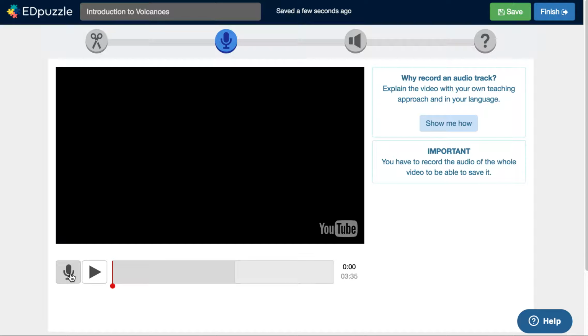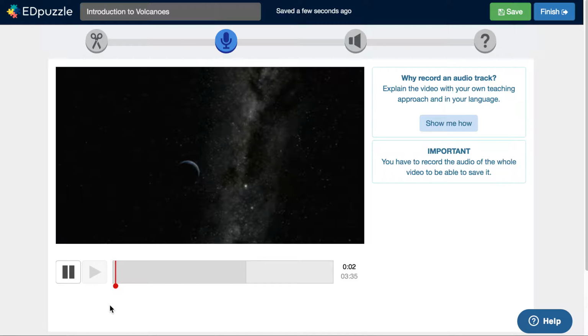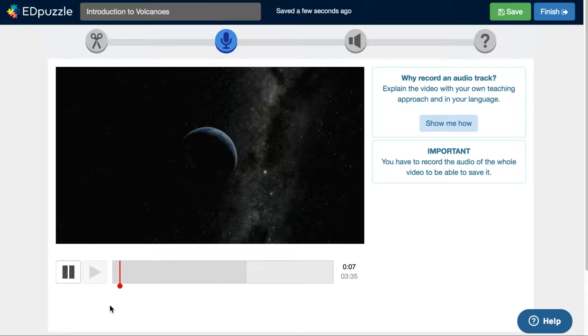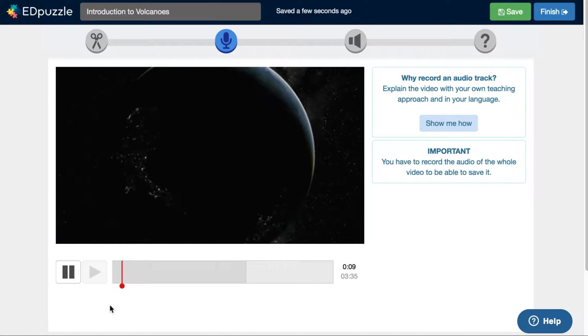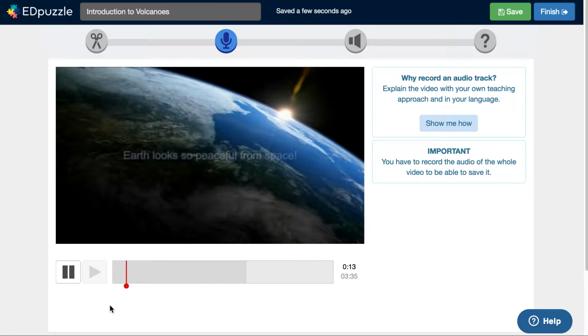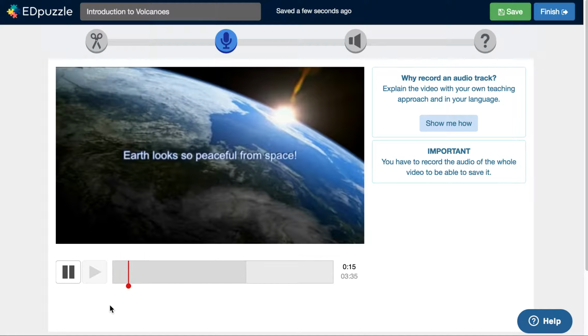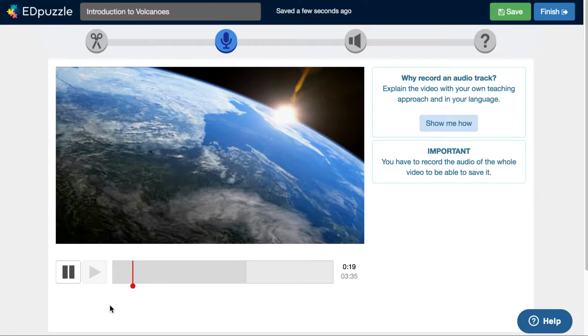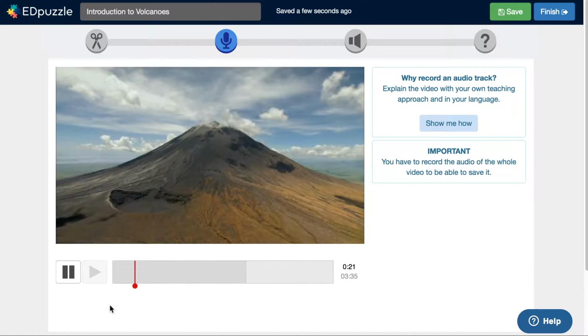I'm going to hit the microphone button here, because when you hit the audio track button, the microphone appears here. So click this, and you'll notice the video is now playing without the sound in the background. It just removes the background of the video that exists and replaces it with what you're saying. So I might narrate this and say, okay, everybody, make sure you get your pencils out. We're going to take some notes about volcanoes. Yes, you're going to learn all about volcanoes and how volcanoes impact